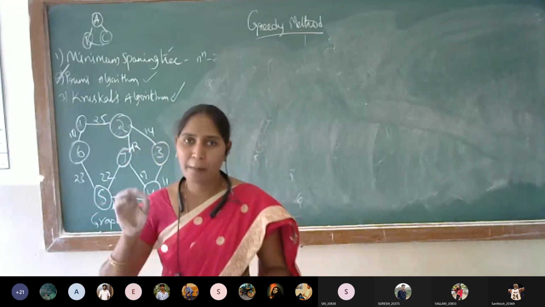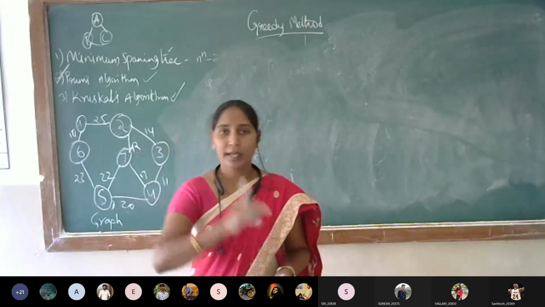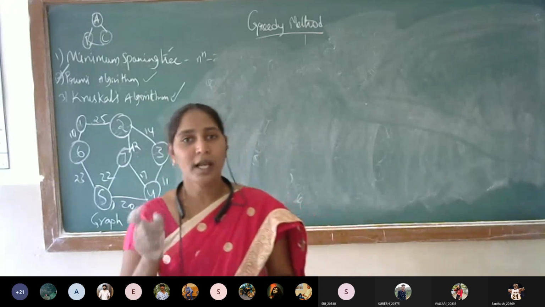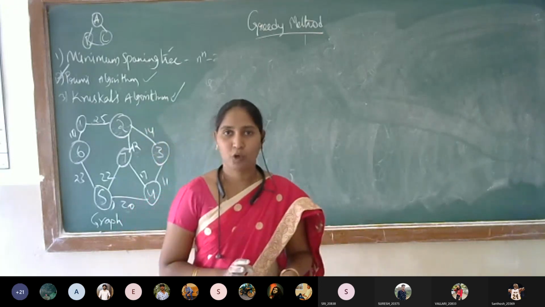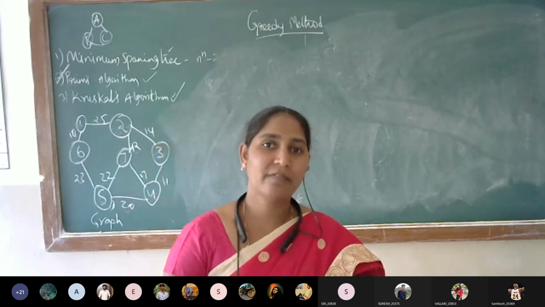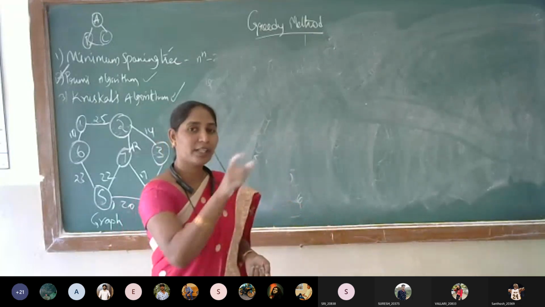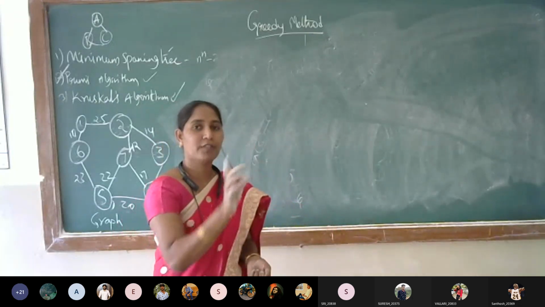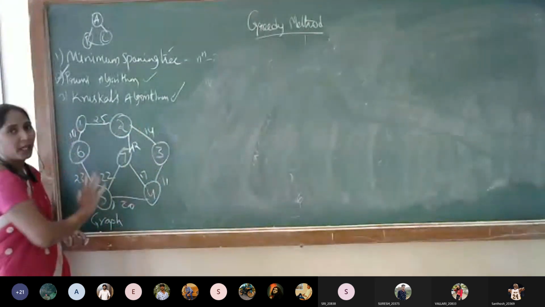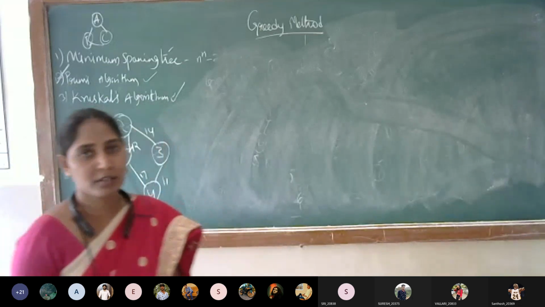In Prim's algorithm, to find the cost, we compulsorily look at the adjacent vertices, and among those adjacent vertices we take the minimum cost one and construct that particular graph. Okay? But coming to Kruskal's algorithm, there is no condition that the particular vertices should consist of the adjacent vertices. There is no such thing. In the whole graph you have taken, whichever is the minimum cost, you need to take those minimum cost vertices